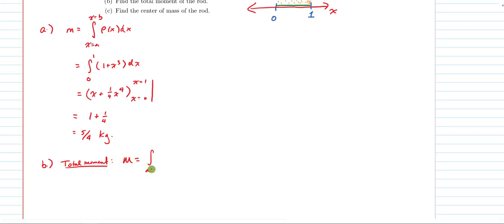And the hard part to remember is that we're going to take again a small amount of mass, which is our rho sub x dx, but now I think of it as weighing it, multiplying it by its lever arm. So we've got this factor of x in here, which is very easy to forget as you're working these problems. Okay, so this will be the integral from 0 to 1 of x times 1 plus x cubed dx,